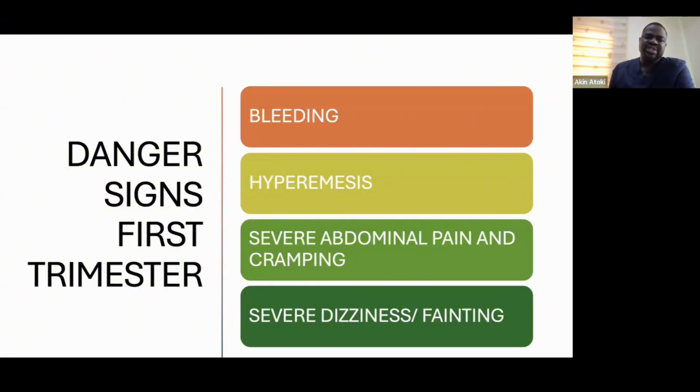spotting or even a brownish discharge in the first trimester, sometimes without pain, may be a sign of something very dangerous, like an ectopic pregnancy. Now, ectopic pregnancy is one of the commonest causes of maternal deaths in pregnancy. So when a woman of reproductive age is pregnant and has some form of bleeding, we want to quickly rule out